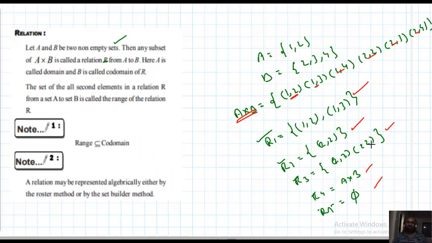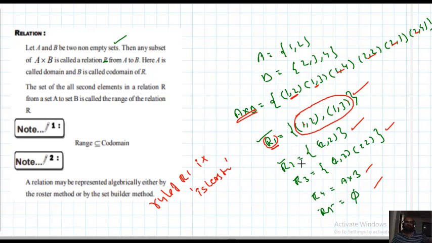And now the actual, final definition. Important thing, observe, students. R1 is a relation from A to B: (1,2), (1,3). First of all, if all ordered pairs of a relation follow a rule, then that rule is called the rule of the relation. See, these two ordered pairs follow a general rule, no? What is the rule? The first component is less than the second component. So what is the rule of R1? The rule of R1 is less than.